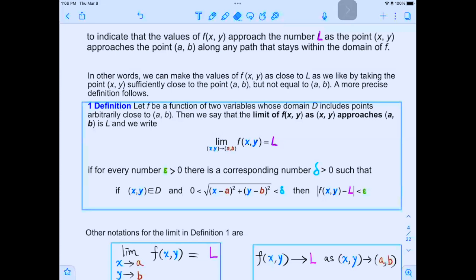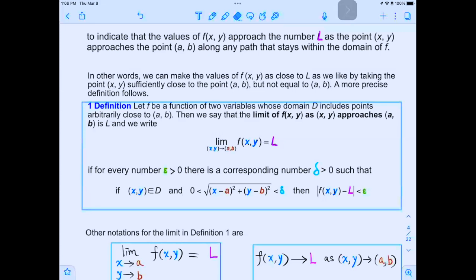But this is the definition for the limit using the epsilon-delta notation. And what does it mean? It just means that if (x, y) is close to (a, b), within delta distance, then